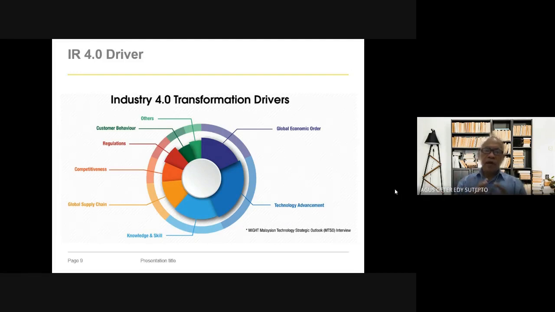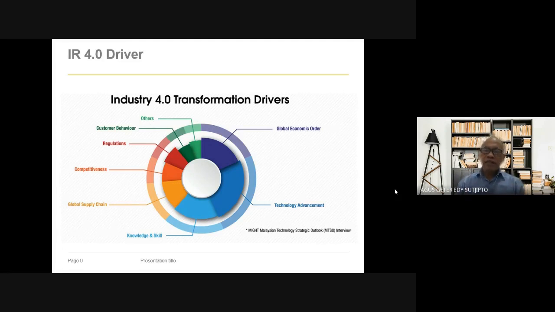If you want to develop it, I told them at the time, you can hire me and I can implement Industry 4.0 at this company, for example, or in an organization. So what is the important thing there? That's what I want to highlight.